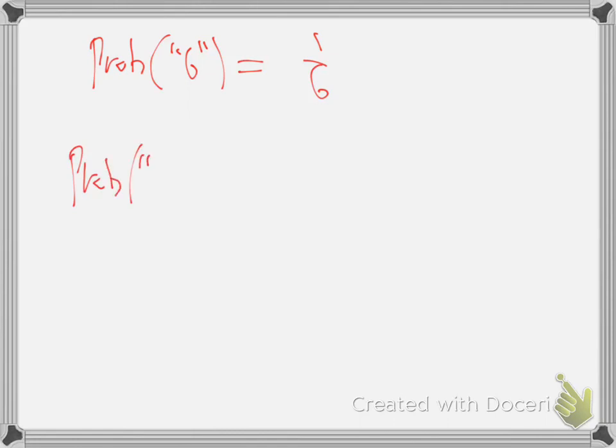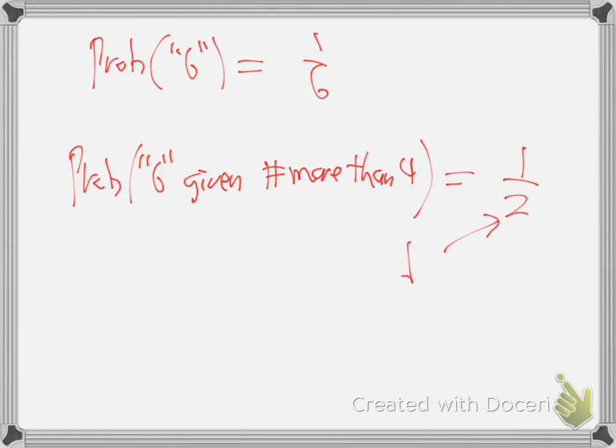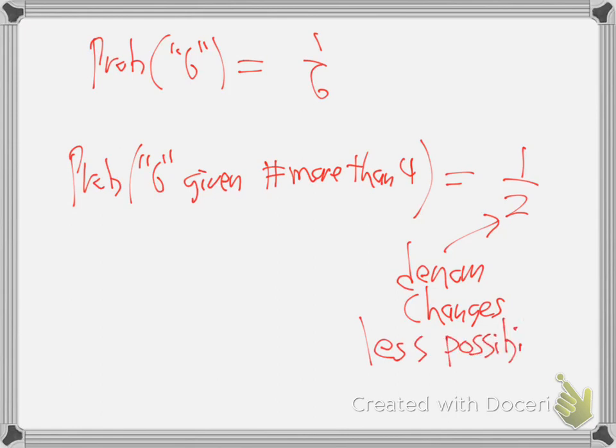Remind you again about the dice thing, right? What's the probability if I roll a die just straight out, going to get a 6? 1 out of 6. But if I say, what's the probability that I got a 6, given, if you're given some insider trading information, if you're given that I got a number more than 4, meaning it's 5 or 6, right? Then that changes it to what? 1 out of 2. See what changes? The denominator changes because there's less possibilities now. More knowledge means less possibilities. You know more about what actually happened, right?